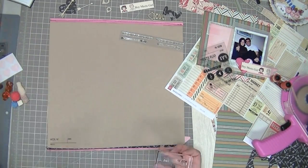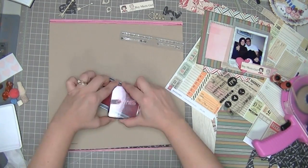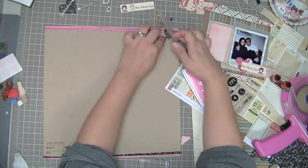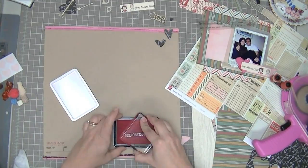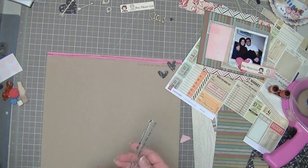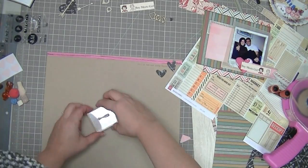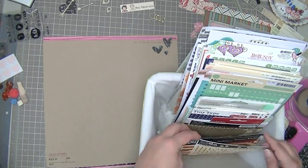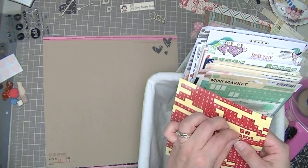I'm going to do some stamping now. I'm using the Project Life stamp that came in the Project Life kit from Studio Calico this month. And that has a little grid-like thing that says week number, date, and notes. And I stamped that in black, and then I used some Bubblegum Hero Arts ink to stamp Our Story Starts Here, which I think is also from the same stamp set, the Project Life. Then I used more Bubblegum Hero Arts Shadow ink to stamp This Is How Our Story Begins, which was another stamp that came in the kit,